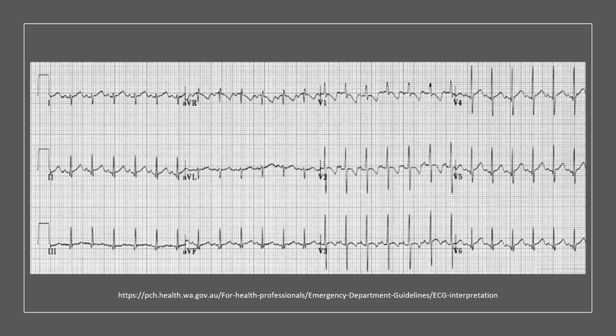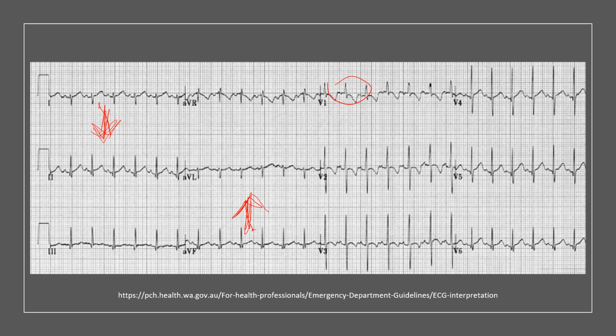Looking at the axis, if we use the way that we've used recently, if you look at lead 1, you will notice that the complex in lead 1 is pointing down. Sorry if my drawing is that bad. That is pointing down in lead 1, and if we look at aVF, the complex is pointing up. So actually my right hand is up, so that is a right axis deviation. If we look at V1, we've got a tall R there, so that is a right bundle branch block picture. So we've got an incomplete right bundle branch block, a right axis deviation, sinus tachycardia, and